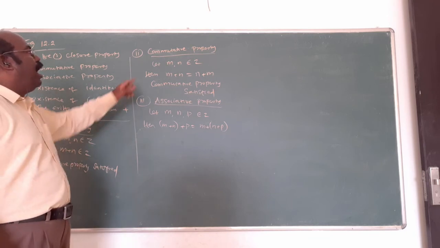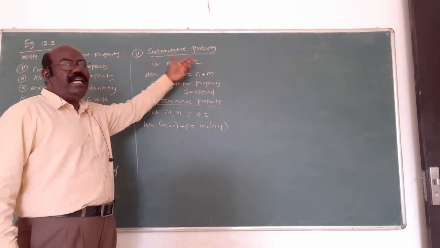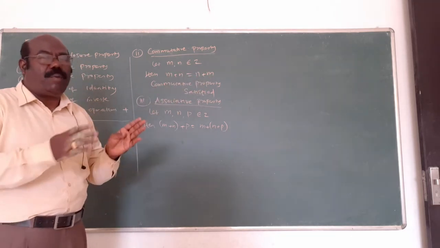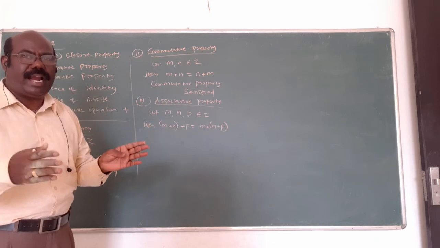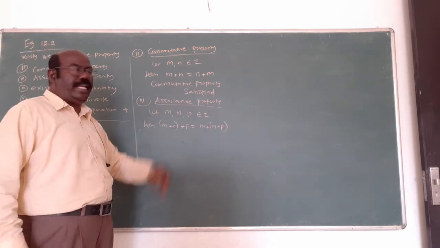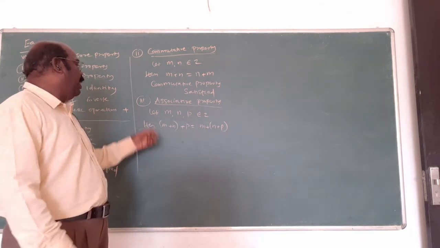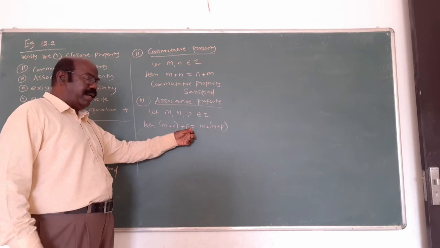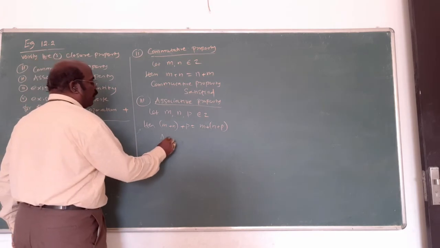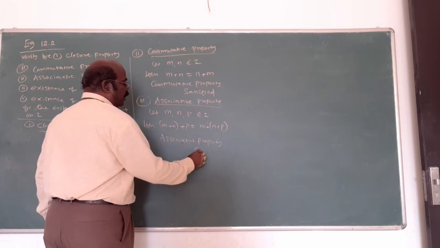The next one is commutative property. Commutative property means you take two elements belongs to Z. First, m plus n and n plus m will be equal. Already told you, commutative property means two elements, first with second adding together, and second with first, always will be equal. Next, associative property. m, n, p belongs to Z. You take three elements. This is important. Adding first two elements, then third element, and second and third, then first, will always be equal. Therefore, associative property satisfied.